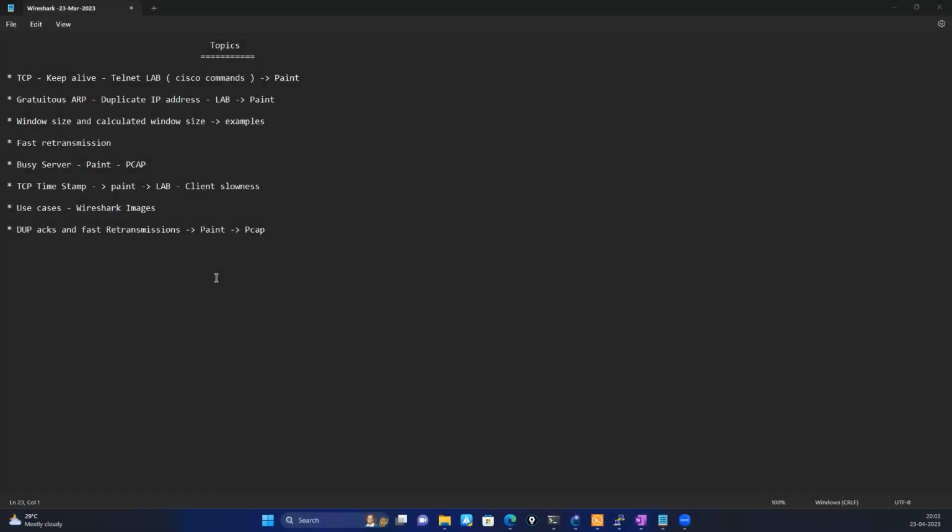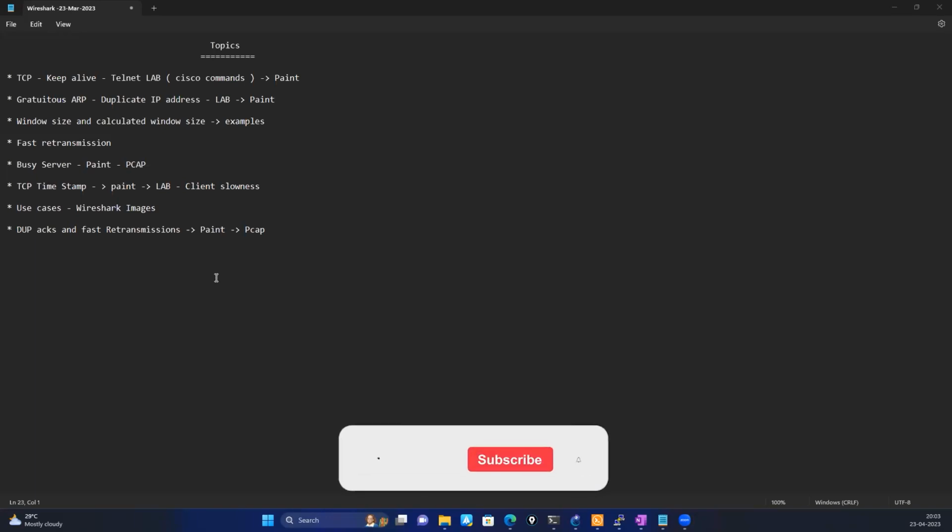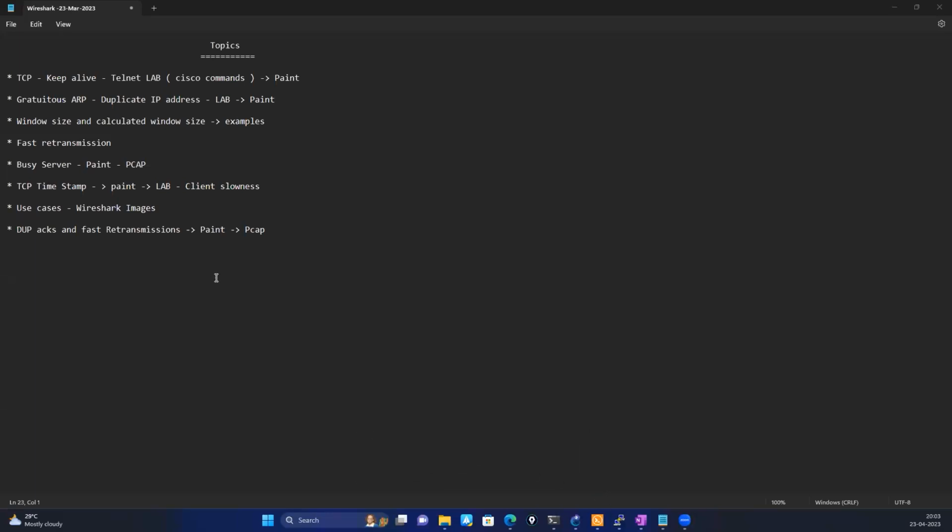Today we are going to discuss TCP Keep Alive, and we'll do a lab for TCP Keep Alive. And we'll discuss what Gratuitous ARP is and how Gratuitous ARP helps us find a duplicate IP address in the network. We can see the same in Wireshark and how Wireshark interprets the duplicate IP address. Then we'll see what window size is and the difference between window size and calculated window